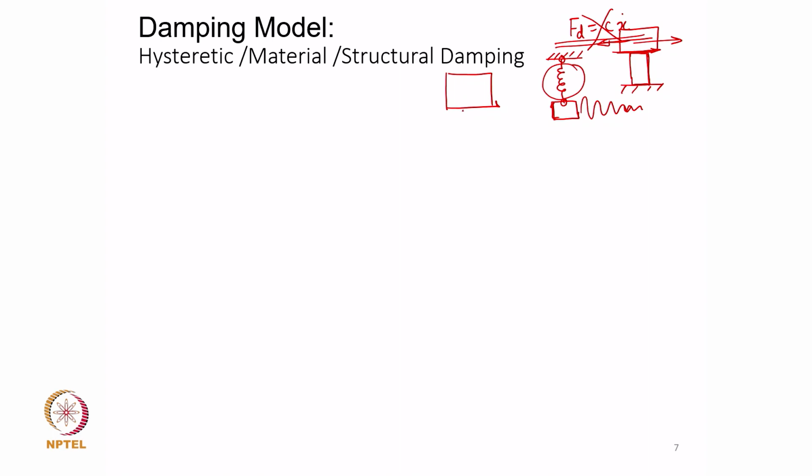So, consider a small isolator or an engine mount, the picture of which I will probably show; it will come up in subsequent slides. Take an engine mount made up of some polymeric material. If your mass is placed on top of it and you disturb this mass, that mass will vibrate about this vertical axis in the lateral vibration case, right. Now, this is going to generate a damping force. So, there will be some dissipation of vibratory energy because of internal damping in the structural member here, and also